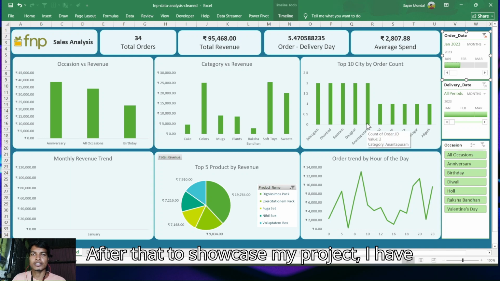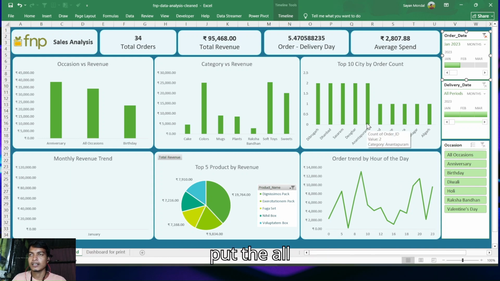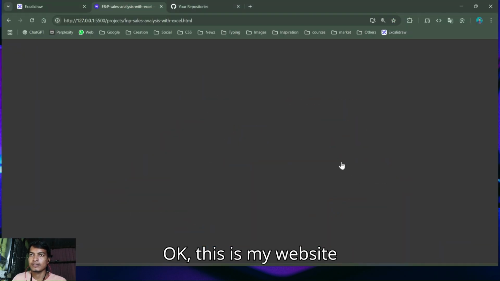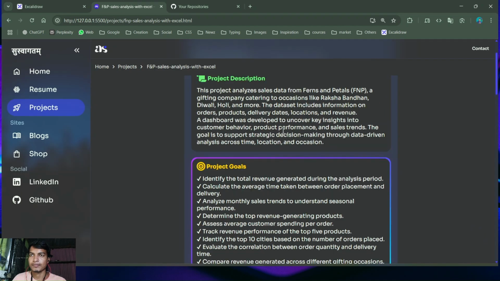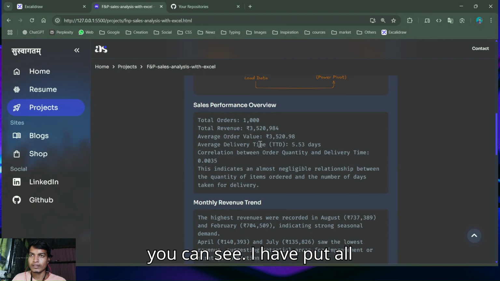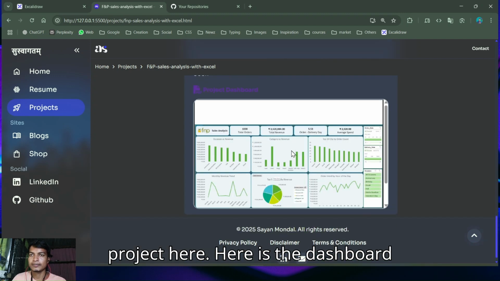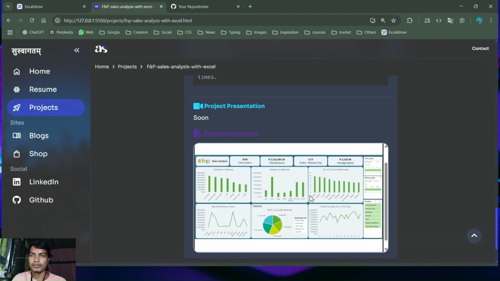After that, to showcase my project, I have put all the details of this project on my website. Okay, this is my website. You can see I have put all the summary and all the details of my project here. Here is the dashboard report,